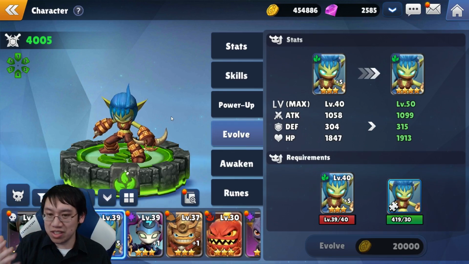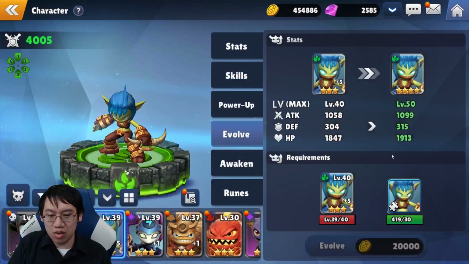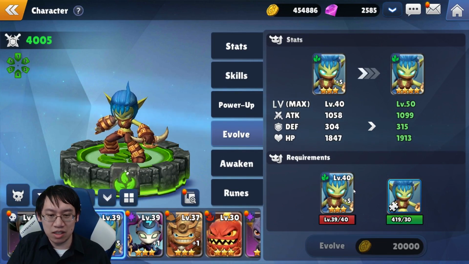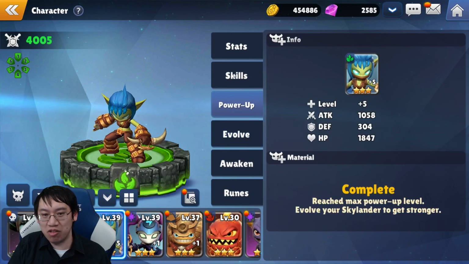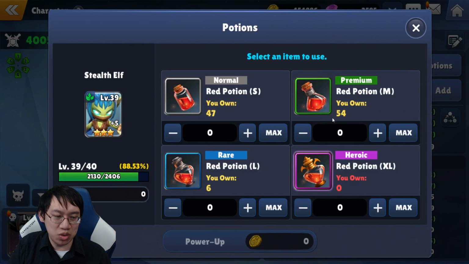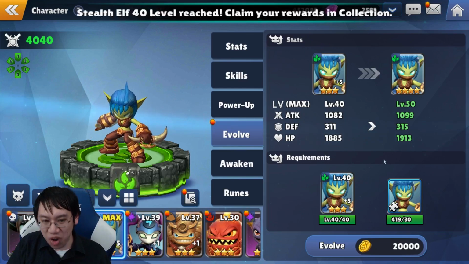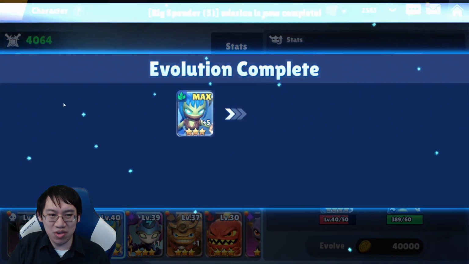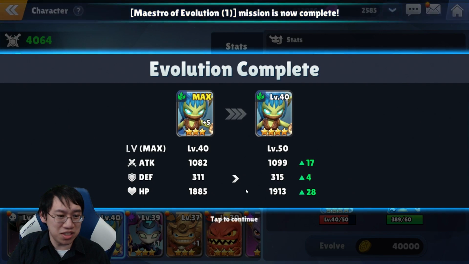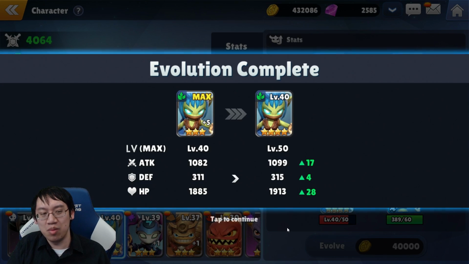In order to evolve a Skylander, you're going to need a decent amount of the Soul Stone, but you're also going to need to reach max level for the stars of that Skylander. For this, it's level 40, but I have put her right on the verge of being level 40. Let's just top her over the edge with a few potions. And let's evolve the Stealth Elf. Pow. Nice. Plus stars, plus attack, plus defense, plus HP, but perhaps more importantly,